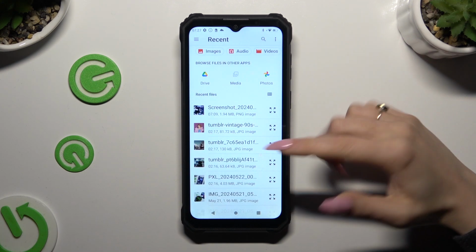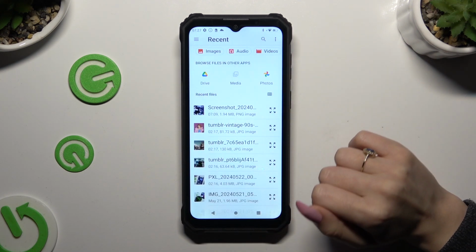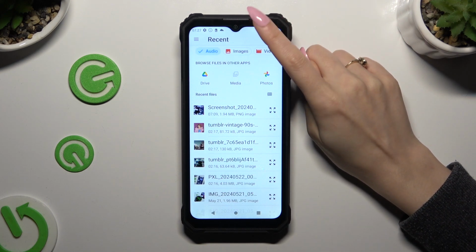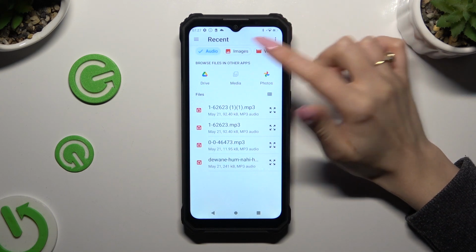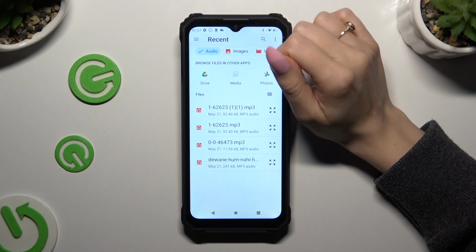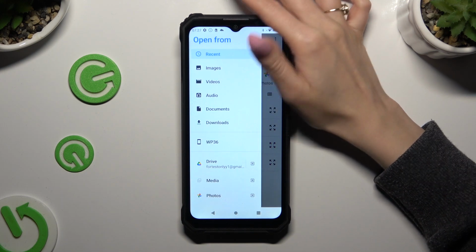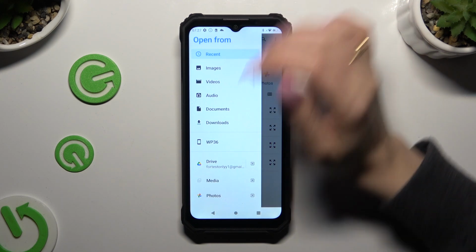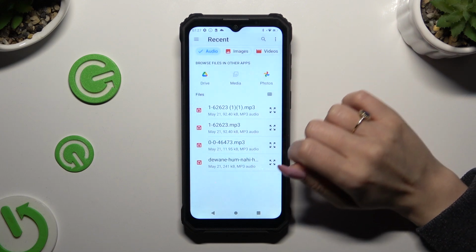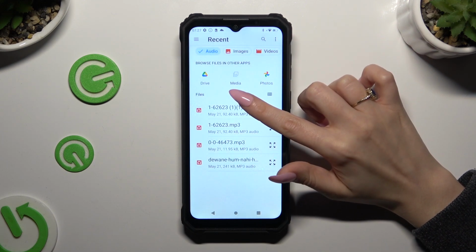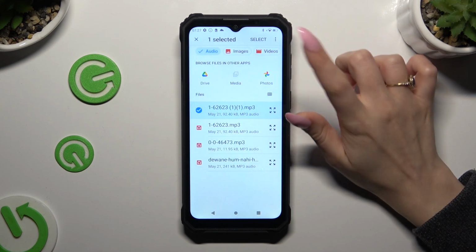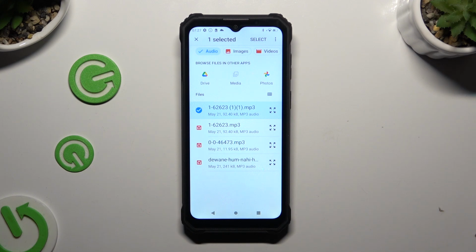Now, to look for your file, you can always click on Audio at the top. Select one of your apps or click on those three lines at the top left corner and tap on one of those categories. Either way, after finding your file, just hold it and hit Select at the top right corner